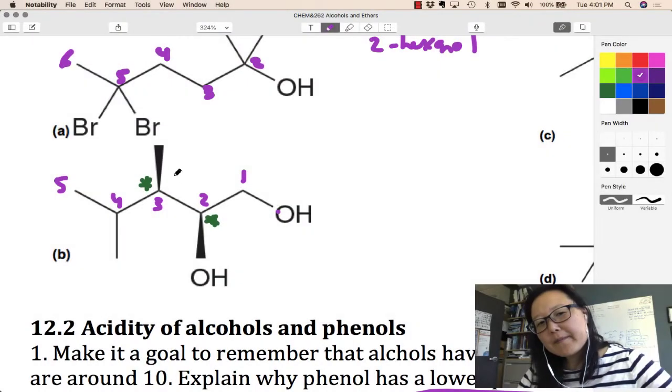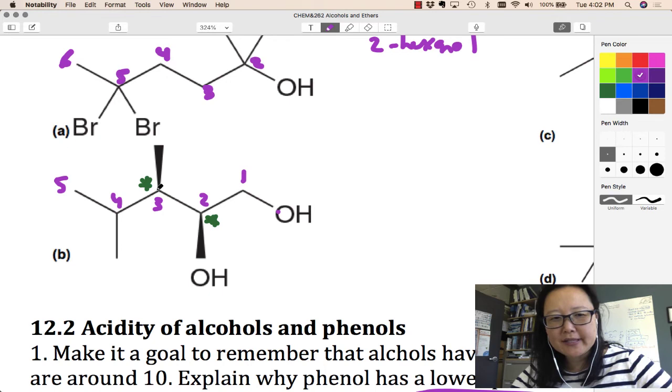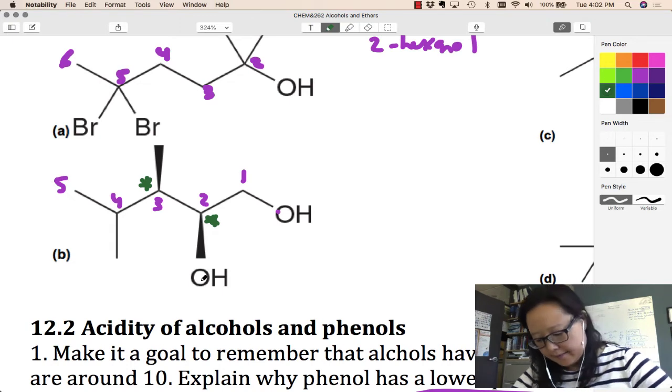Alright guys, so for part B, I've numbered the longest chain, and I see it's going to be a pentadiol of some kind. And I want the lowest numbers to be with the OH groups. Then I noticed 2 chiral centers here, so let's take care of those. So first, this is going to be my 1. Then I look at these 2 carbons next, and their next heaviest is O here, and this one is actually,